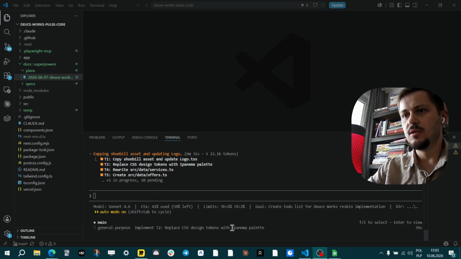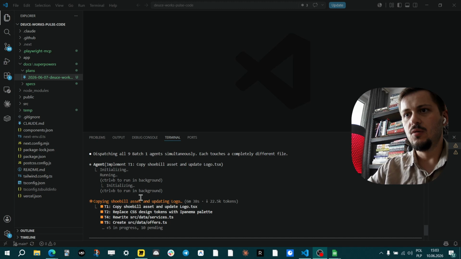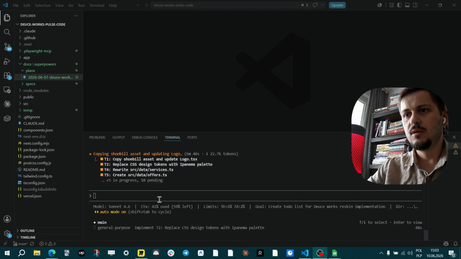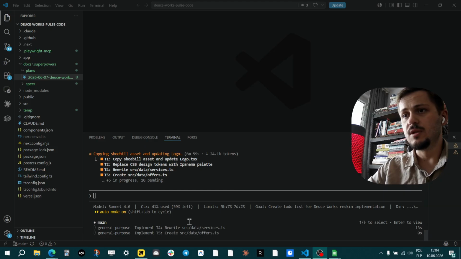So I don't see the remaining agents in here. Not sure why, but presumably they should be all running in the background. It's not being shown in here. Anyway, I will probably just pause for a while and we'll get back to this when the implementation is over, because there is nothing to show here really, nothing to present, unless there will be some interesting topics related to